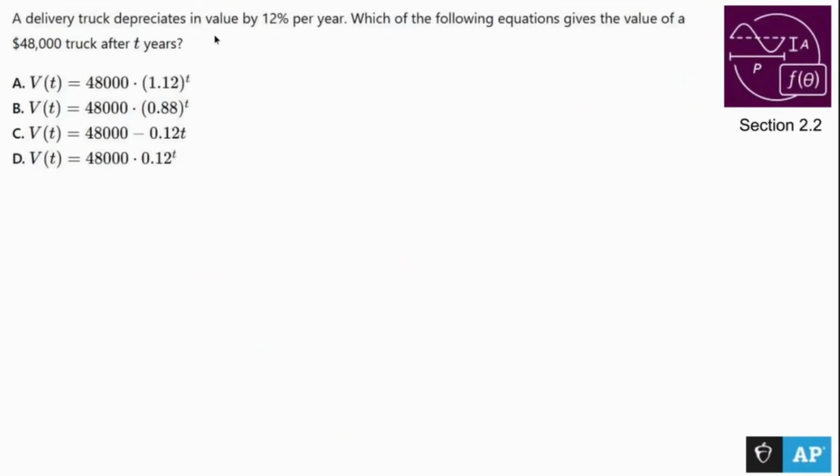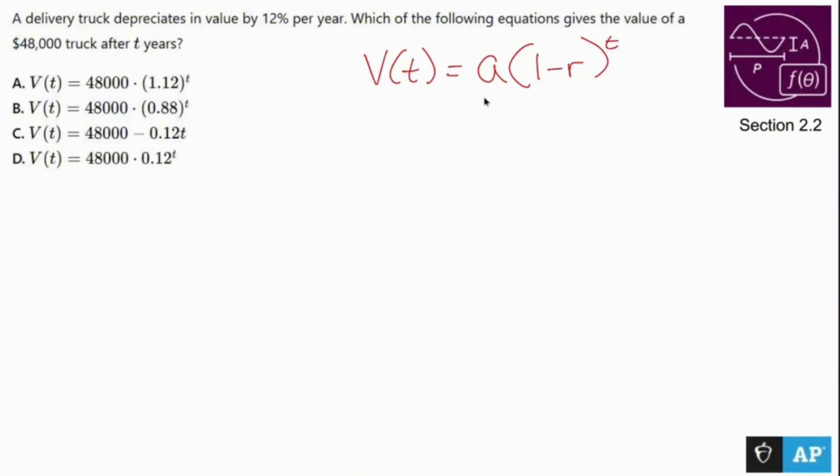A delivery truck depreciates in value by 12% per year. Which of the following equations gives the value of a $48,000 truck after T years? So this is the percent decrease formula. Okay, and they like to use V of T. So in this case, V of T is going to equal the initial value times 1 minus the rate,